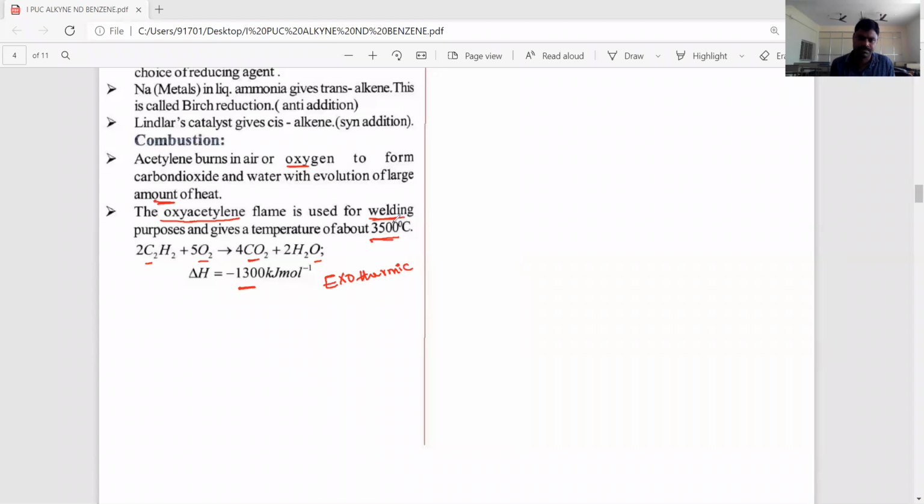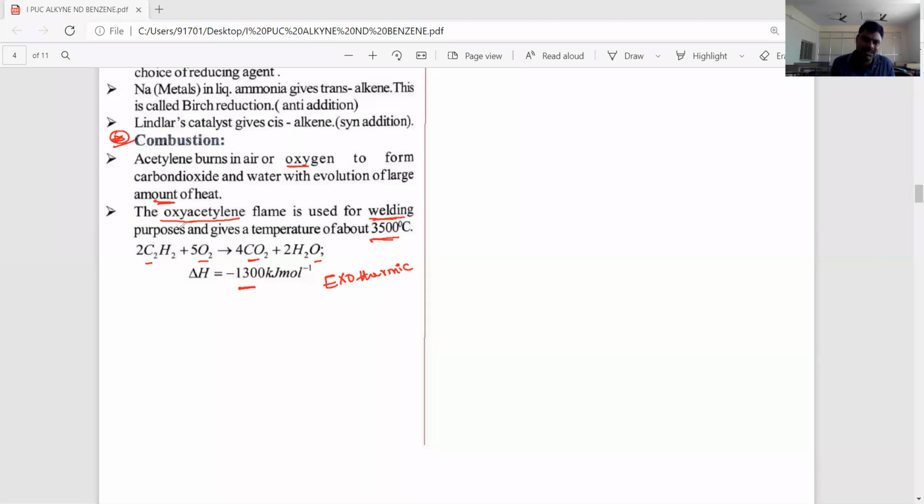Okay, students. Yes, take care. Listen carefully. Combustion reactions. Alkynes have a carbon-carbon triple bond. On complete combustion, meaning we completely break it, the carbon atoms are converted into carbon dioxide and the hydrogen atoms are converted into water, and it releases a lot of energy. That's why this process is known as an exothermic process.